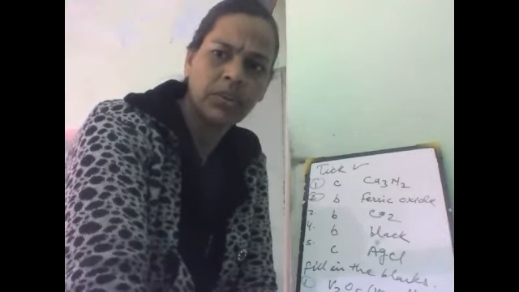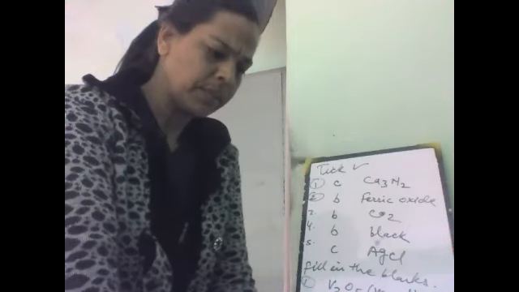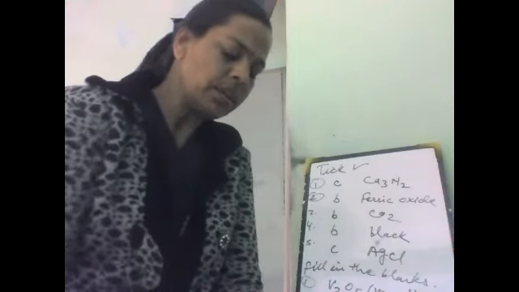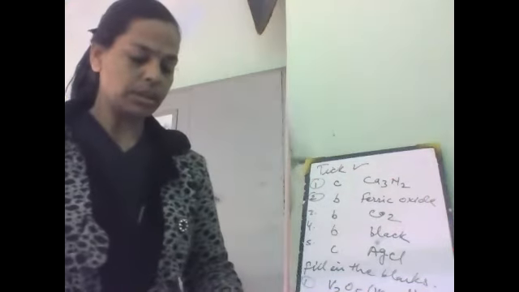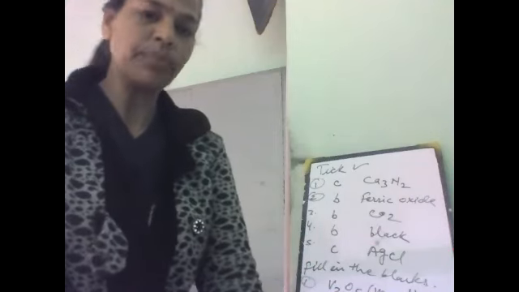Okay, for today, I'm leaving the class. Time is running out. The rest of the questions I will give you on the Moodle app. See, what you have to do: if any question comes in your exam, write the correct option in front of the column A. Is it clear?